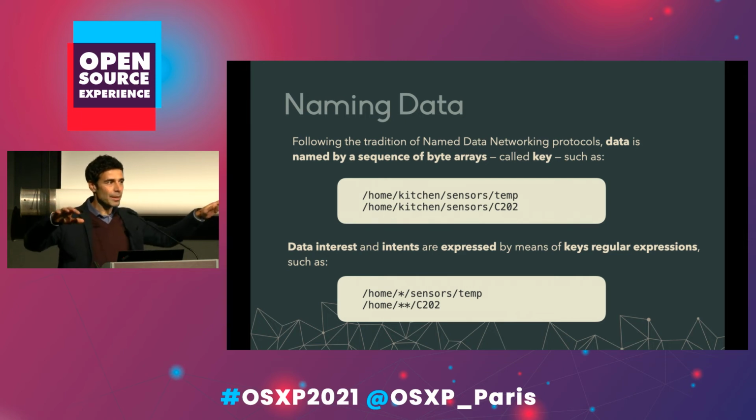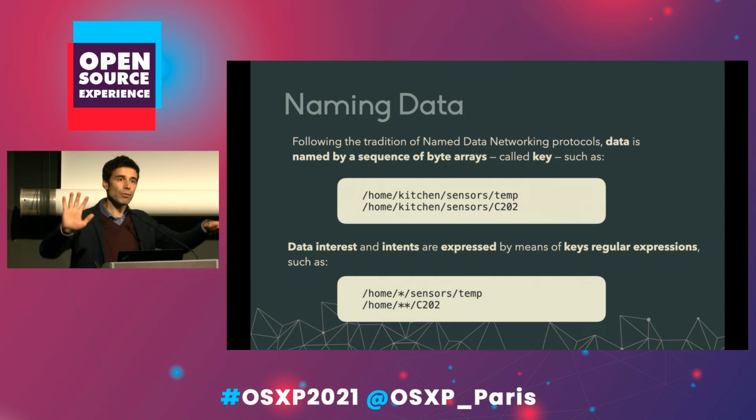But the problem before Zenoh was that you could either have a protocol that could query data over a large-scale network using location transparency, or you could very efficiently distribute data. And if you were trying to do the same with the same platform, it was horrible. And so we have successfully married the two, okay? So we continue to embrace the named data